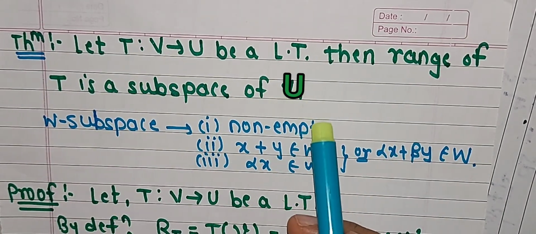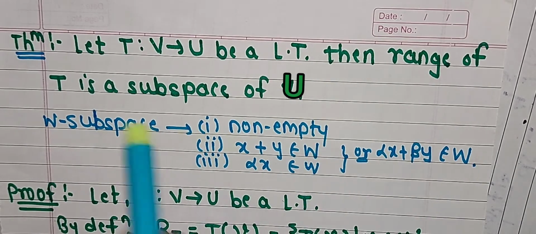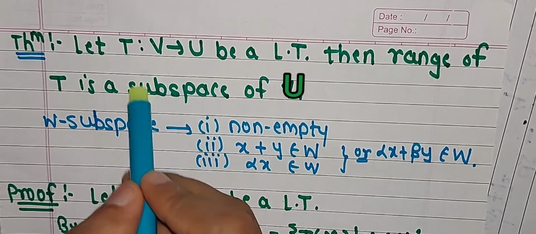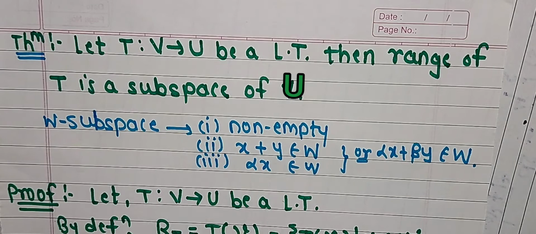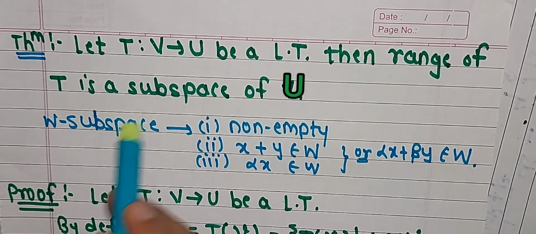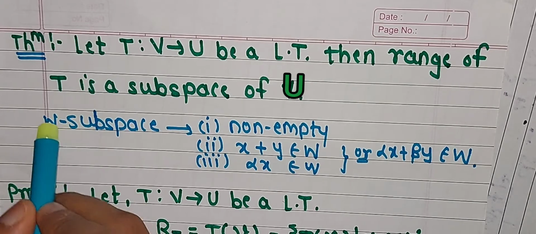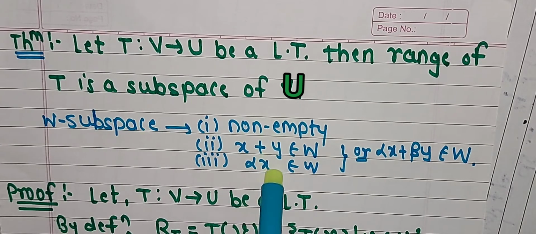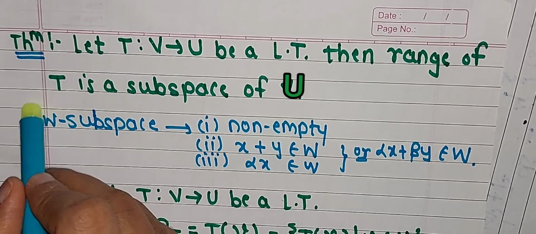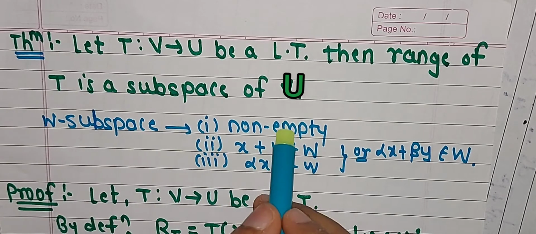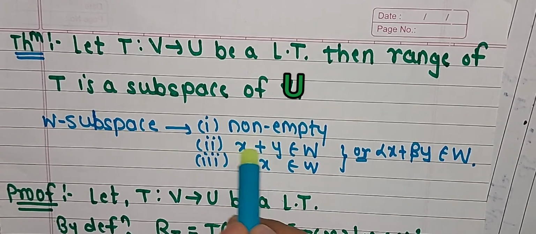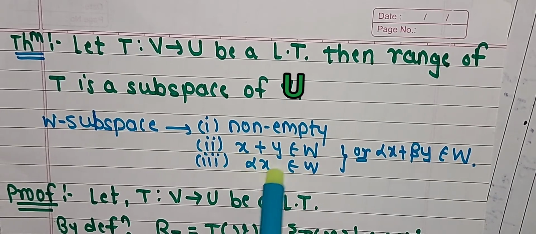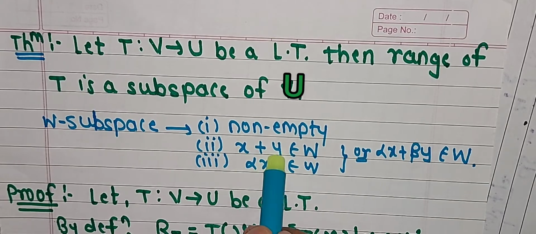Now the main question is, what is a subspace? We have already discussed what a subspace is in the previous lecture, and we have already solved many examples related to it. We can write it in short like this: if W is my set and we have to prove W is a subspace, then we have to satisfy three conditions. Firstly, W should be non-empty. Second, the closure property with respect to addition must be satisfied in W. Similarly, scalar multiplication must be closed in W.